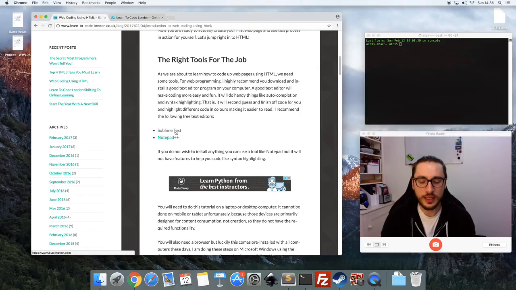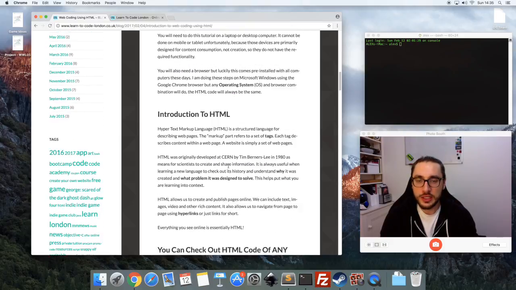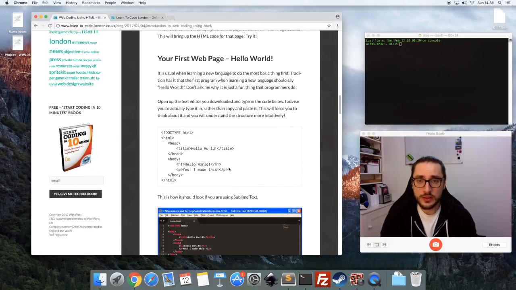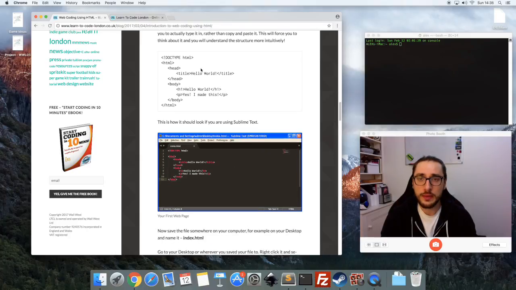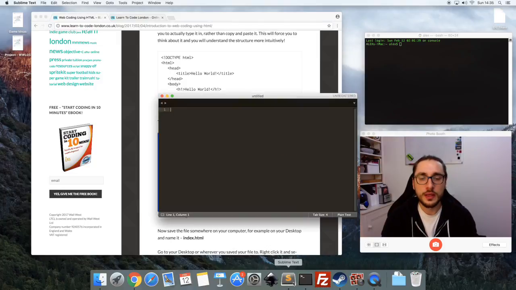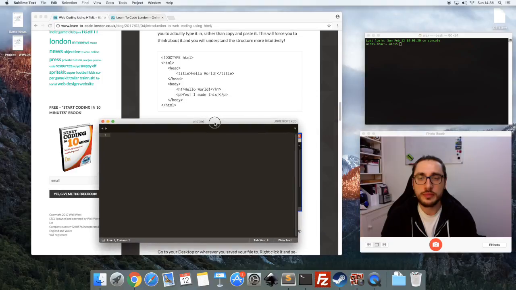The other thing that you want in a good text editor is syntax highlighting. Each language will have its own syntax and keywords, and you really want the text editor to highlight those for you to make the code more readable and understandable, so you can quickly at a glance see what's going on. So we're going to be really just working through the example page here, and I'm just going to show you the process, how to get that up and running, and that's really the purpose of this video, is to support the blog post. So if I bring up SublimeText editor here,